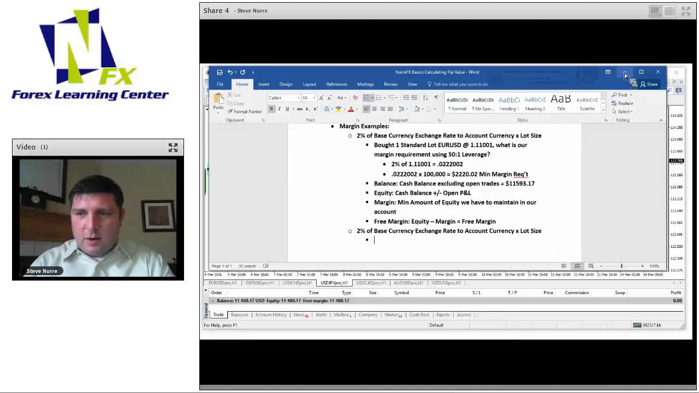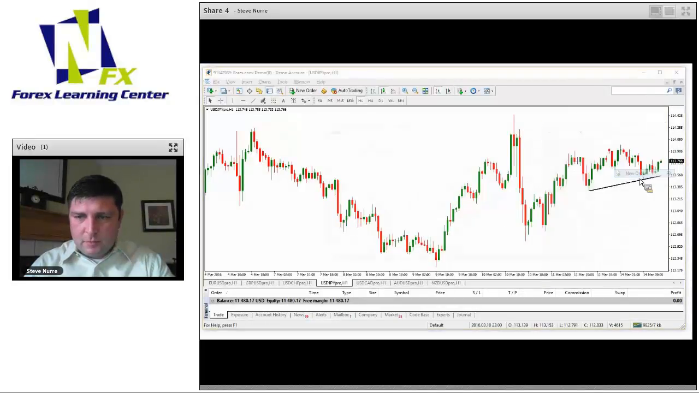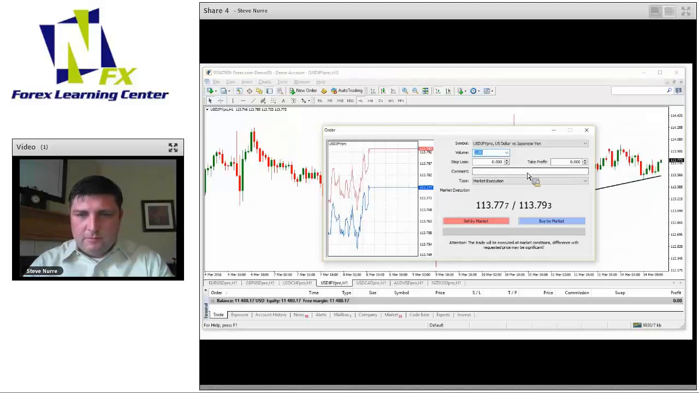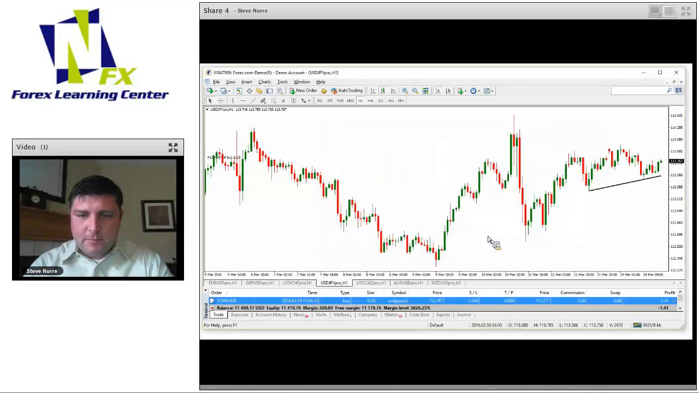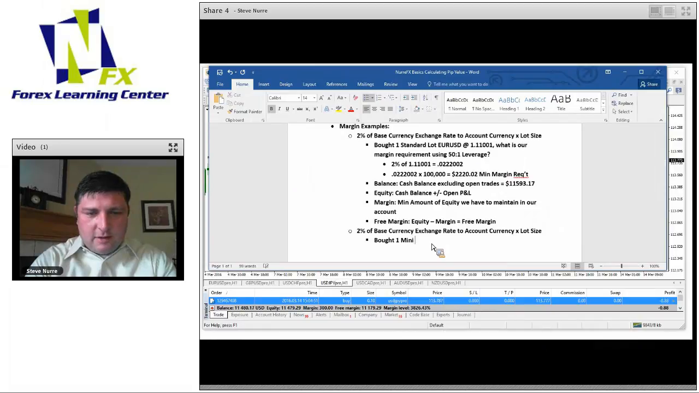Let's go ahead and buy 1 lot of the dollar yen. We'll do 1 standard lot. Actually, we'll do a mini lot. We'll do 0.10. And let's buy one lot of the dollar yen. So I'll go ahead and buy by market. Now what's going to change here, we can go ahead and calculate. We got in at 113.787. So we bought one mini lot dollar yen at